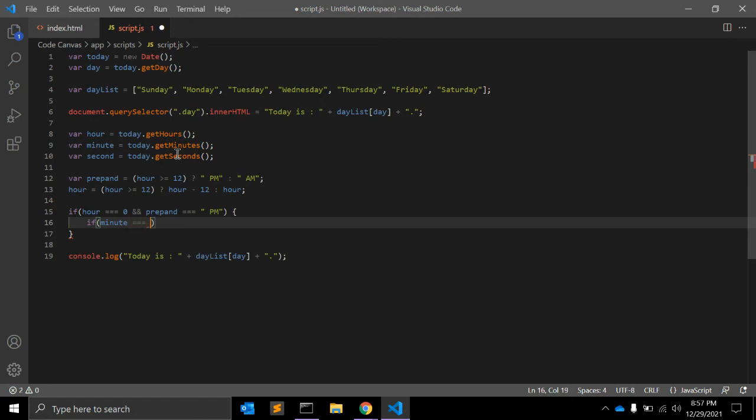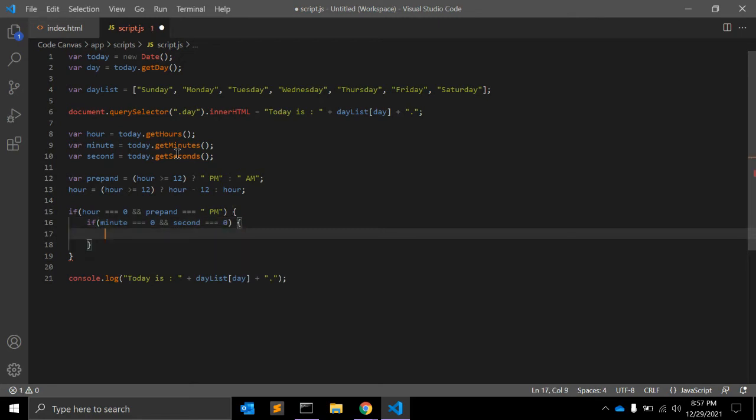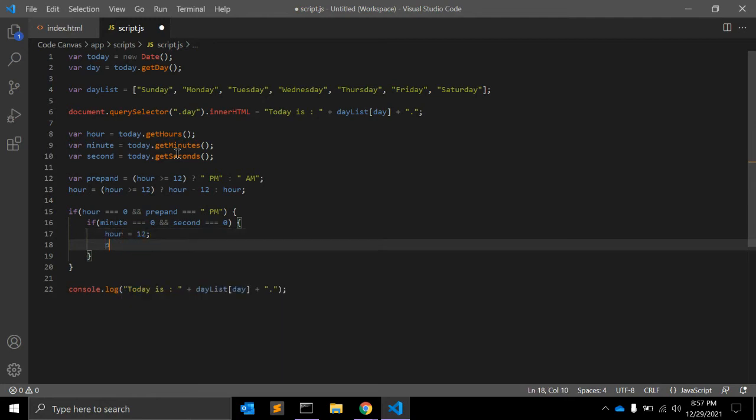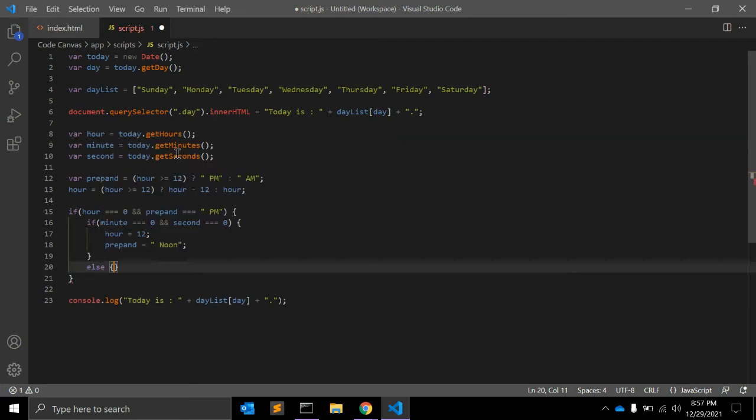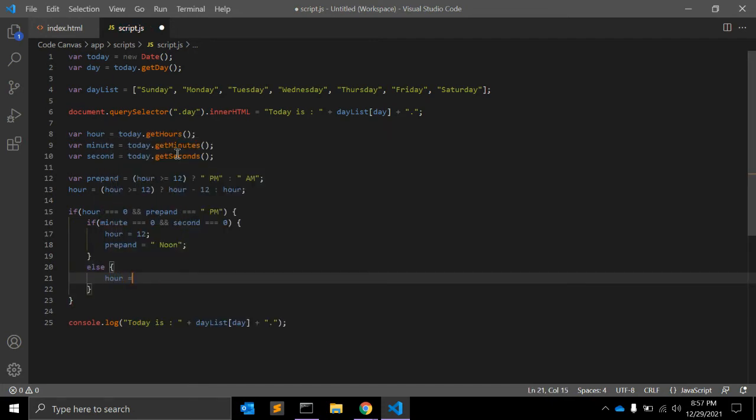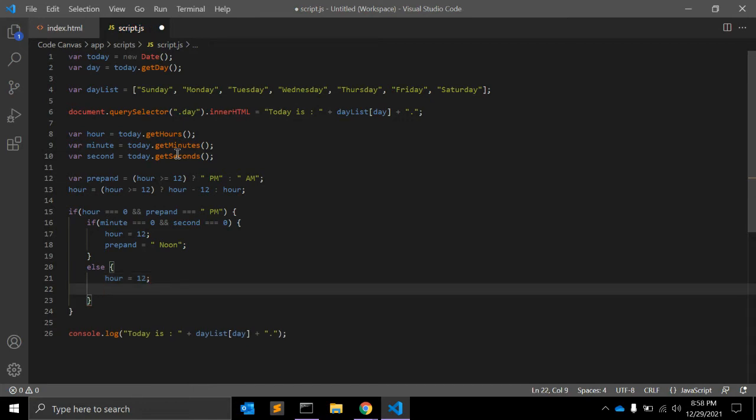Minute is equal to 0 and second is also equal to 0, and hour is equal to 12, then the prepend value is equal to noon. It's noon time, right? Else hour is 12 as it is, and the prepend value is equal to PM, right? So this is one condition.